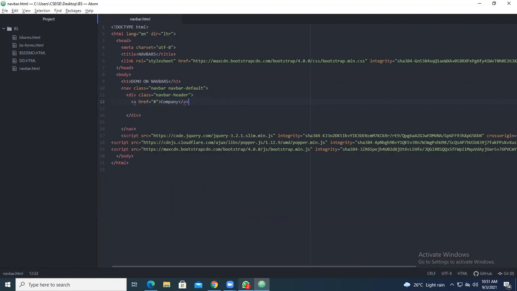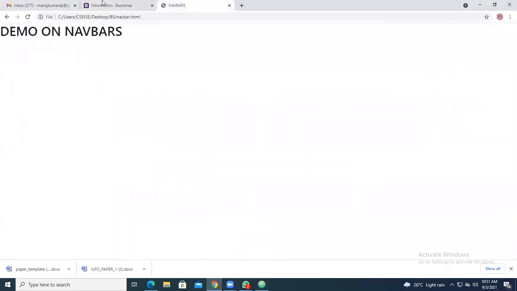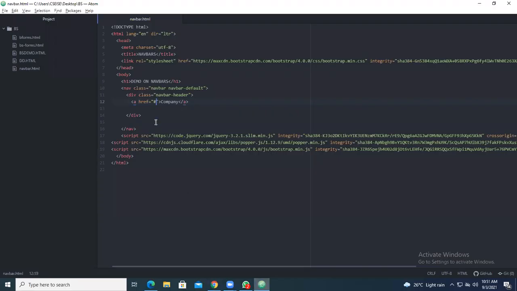So let's save the contents and see what changes you are getting here. So company has been created and there is a link. If you click on this link, it will go to some other page. If I click, it will not go because I have not given any href here. Suppose if you want, I will take https://www.google.com and here you give it as Google.